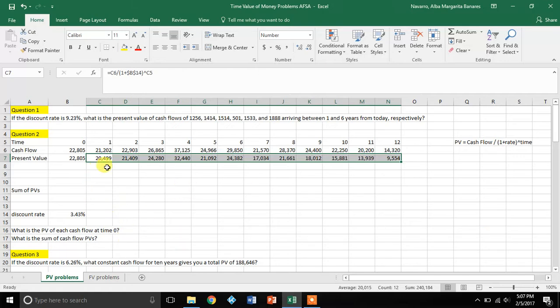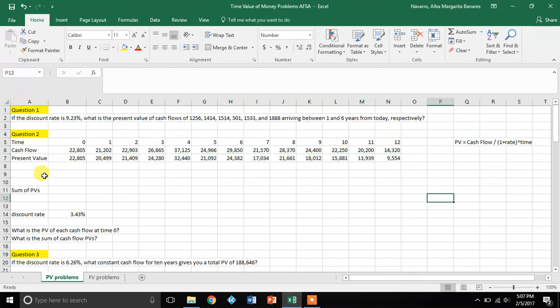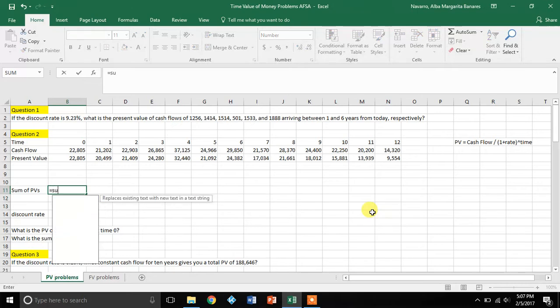So the present value of each cash flow at time 0 is whatever value here is in the present value row. And what is the sum of the present values? That's not too hard to find out either. We use this Excel sum function. And we highlight all the numbers in this present value row. So to do this,